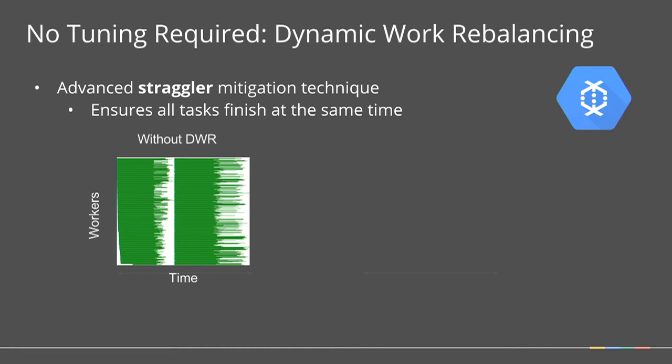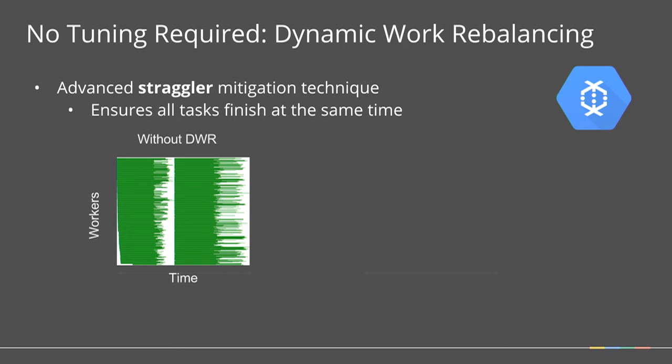So without dynamic work rebalancing, we can see that the stragglers in the first stage are costing us almost 50% of the time spent in the first stage, right? And the second stage cannot proceed because it has to wait for everything in the map phase to finish. The stragglers are even worse in the second stage, right? This is almost 50% of runtime in these few remaining tasks. Stragglers are nothing new. Every single distributed data processing tool has tried to come up with methods to deal with them. We tried many, many different things, and this seems to stick.